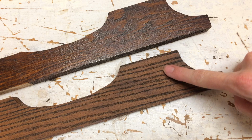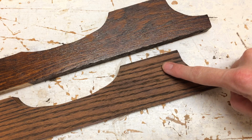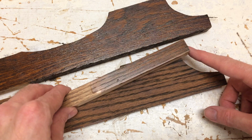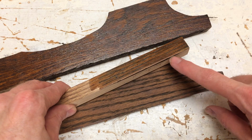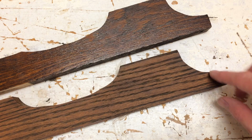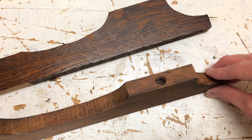The finish actually changes the color of this as well, so you have to go through the full process. I'll show you the sample here. That full process, this will end up looking like this once the finishing coat goes on. The part that I'm working on now is the edges,